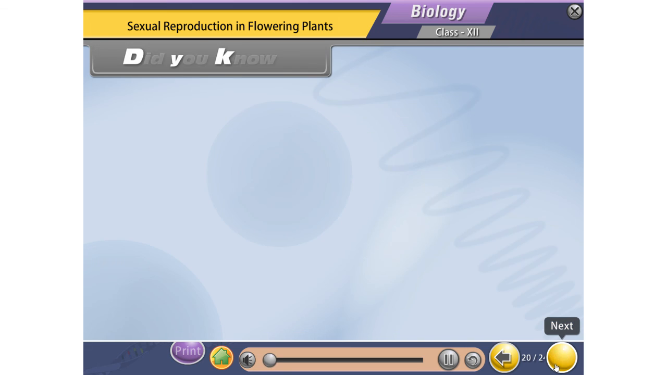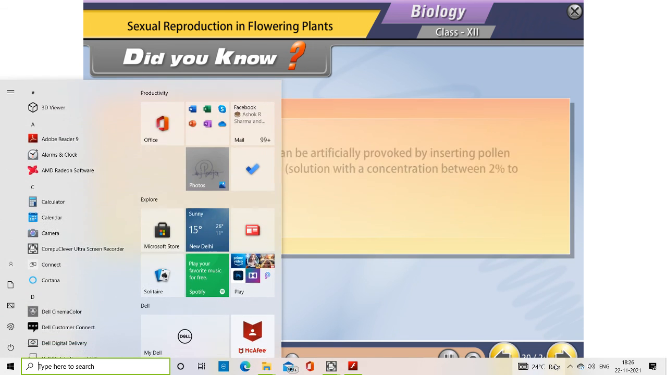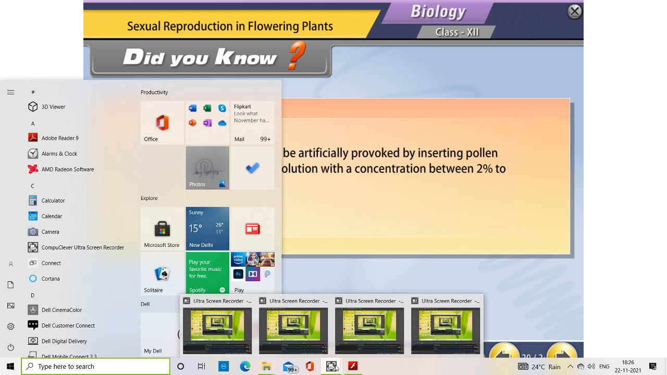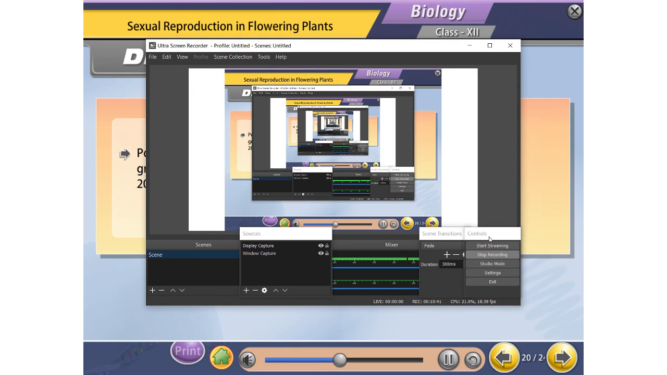Assessment. Did you know? Pollen tube production can be artificially provoked by inserting pollen grains